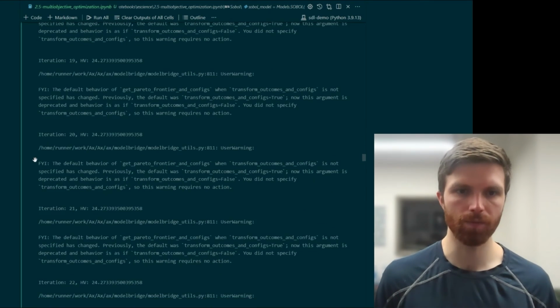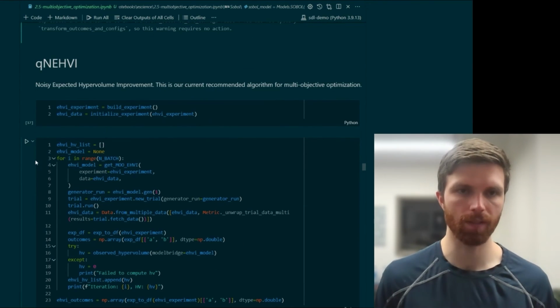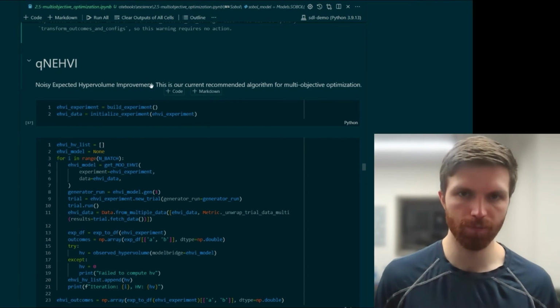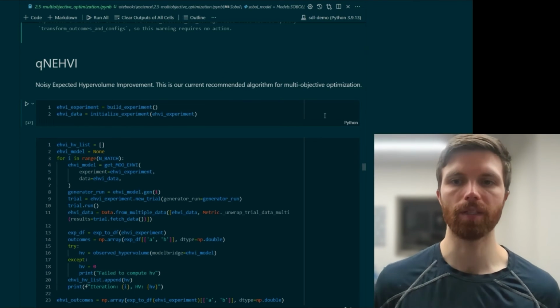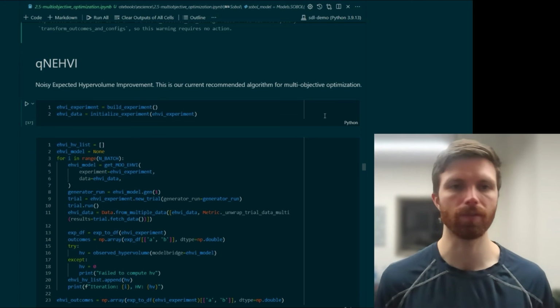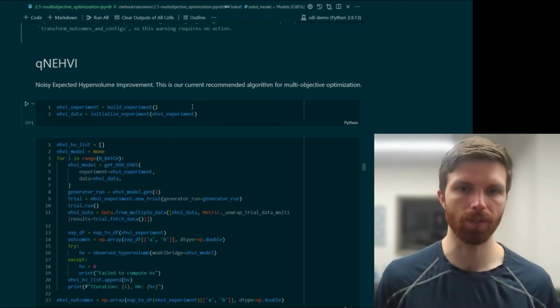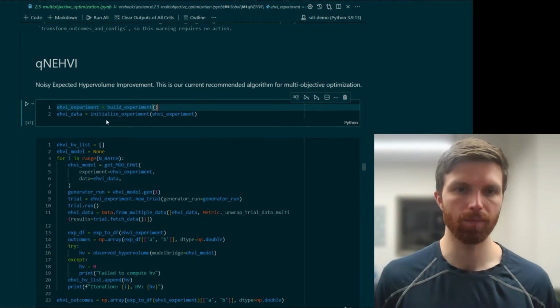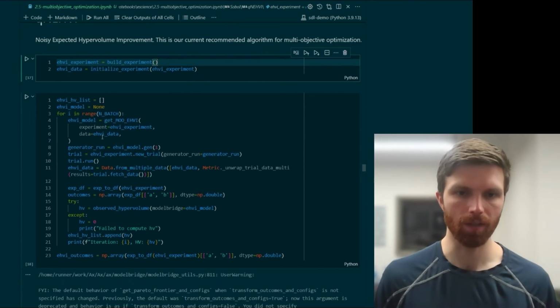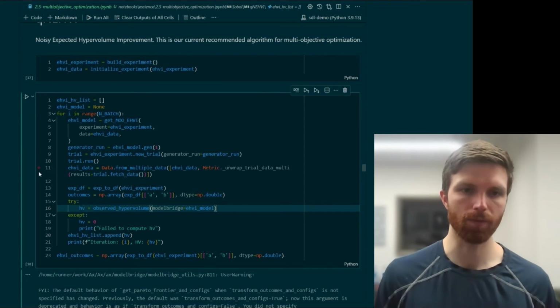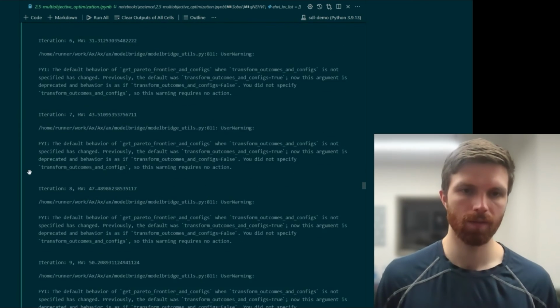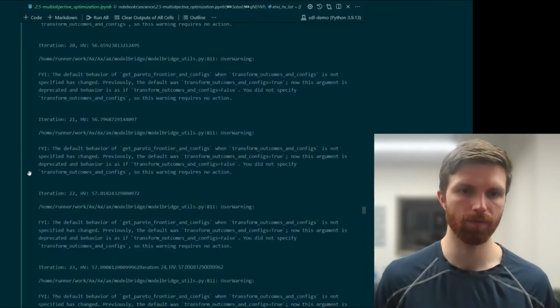So moving down to this noisy expected hypervolume improvement acquisition function, which is Ax's current recommended algorithm for multi-objective, and then there's an alternative if this one runs too slowly. So we can build our EHVI experiment, run it through in a similar way, computing the observed hypervolume at the different iterations,